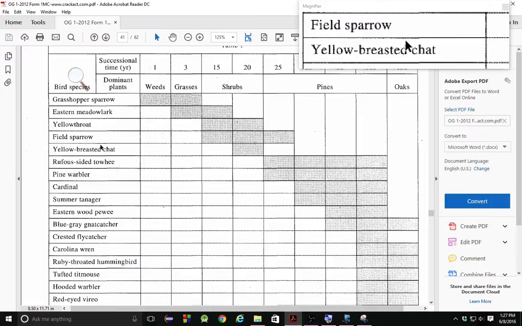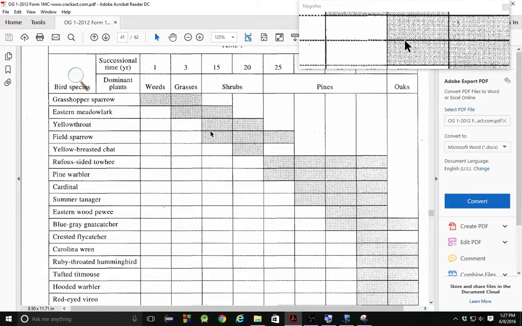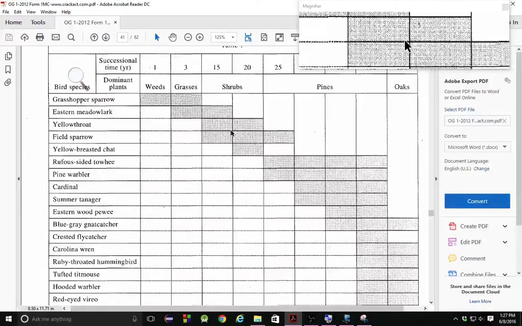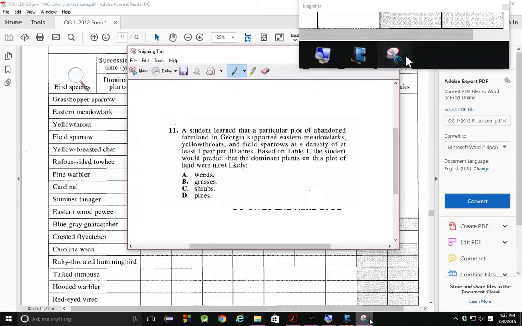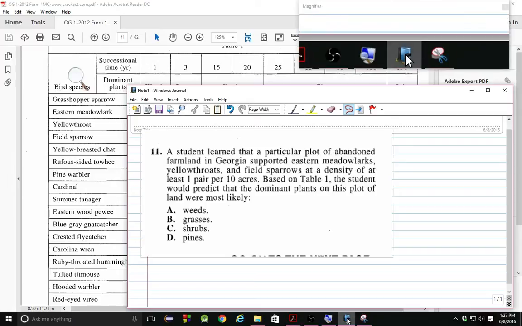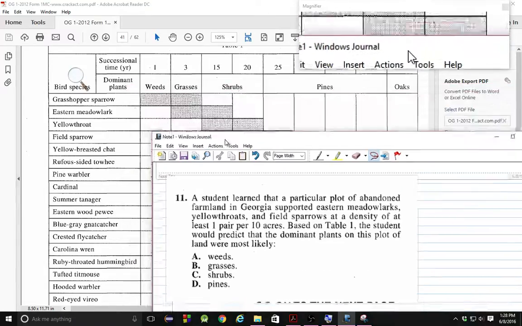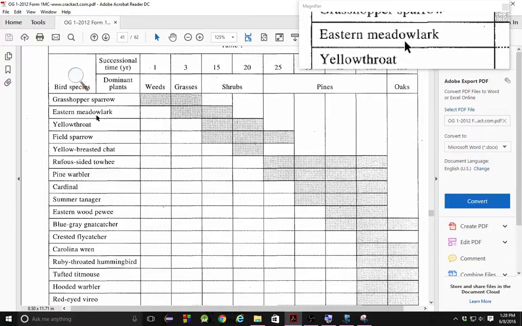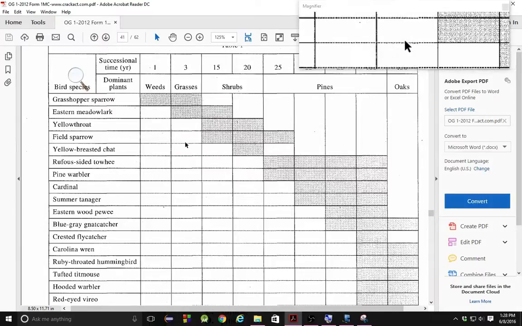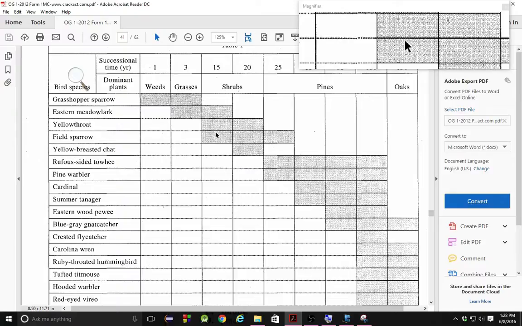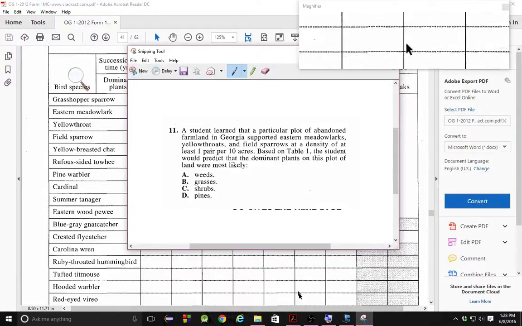And if you look at what's shaded, you find grasses and you find shrubs. Grasses and shrubs, that's it. So the dominant plants on this plot were most likely, well, if you look at this carefully, the only animal with grasses are the eastern meadowlarks, but they also are supported by shrubs. Yellowthroats can't survive on grasses, and neither can field sparrows, but they can survive on shrubs. So most likely, the answer is shrubs, or